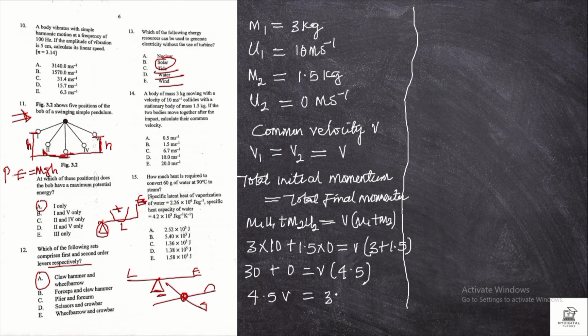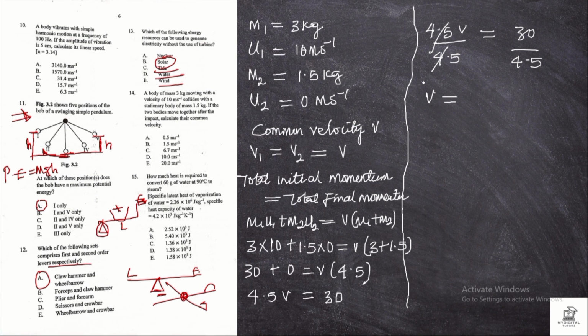So in that case, what we do is to divide both sides by what? By 4.5. 4.5 divided by that, then 30 divided by 4.5. As simple as that. This one will cancel this, then we'll be left with v is equal to 30 divided by 4.5 should give us